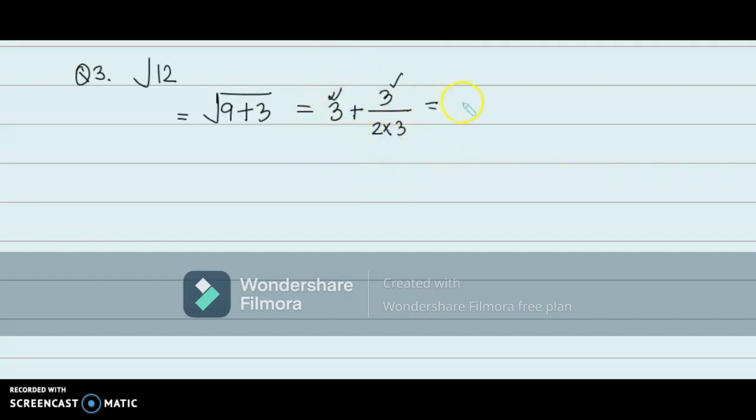So that gives you 3 plus 1 by 2, which is nothing but 3 and a half, that is 3.5. So you will get the answer of root 12 approximately this only. You can check on your calculator, you will get the same answer. Let us take another example, root under